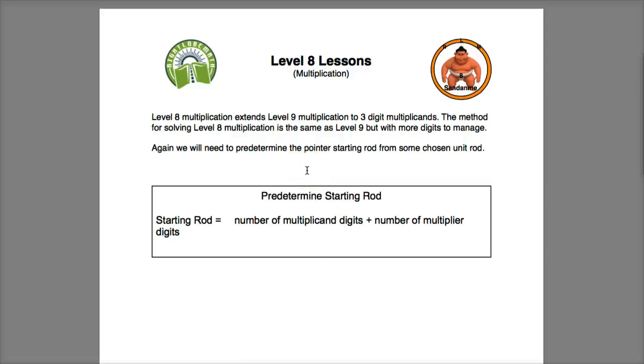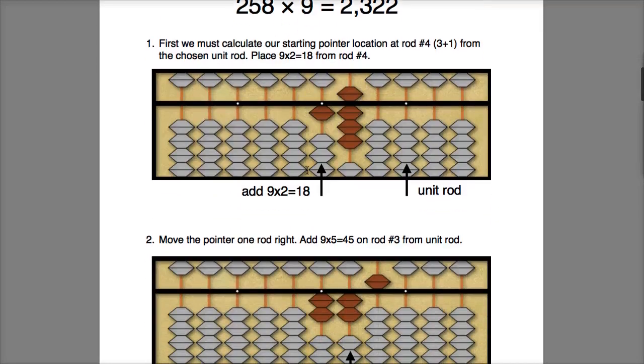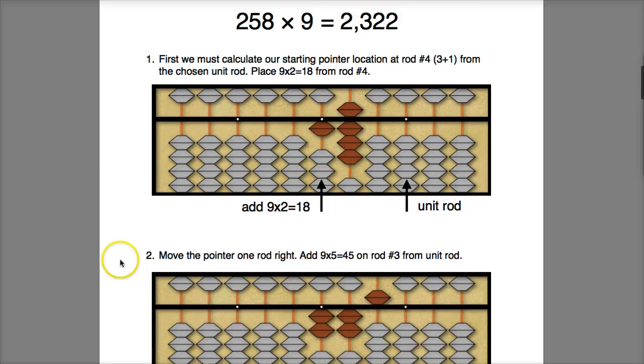So like we did in Level 9, we will need to predetermine our starting rod, which we do simply by adding the number of multiplicand digits plus the number of multiplier digits. So let's go ahead and jump into a first problem here,